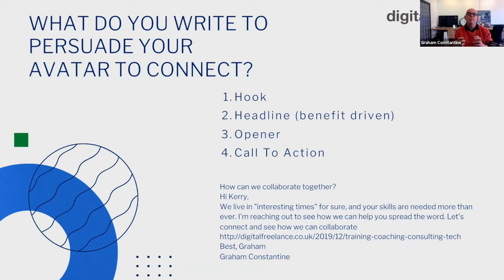Before you can send a direct message, the person needs to be a first connection, and you have 300 characters to get the person to be a first connection. This copy here is tried and tested. It works. So if you want to borrow this structure and change it, feel free. It has to be within 300 characters. That's the key thing.